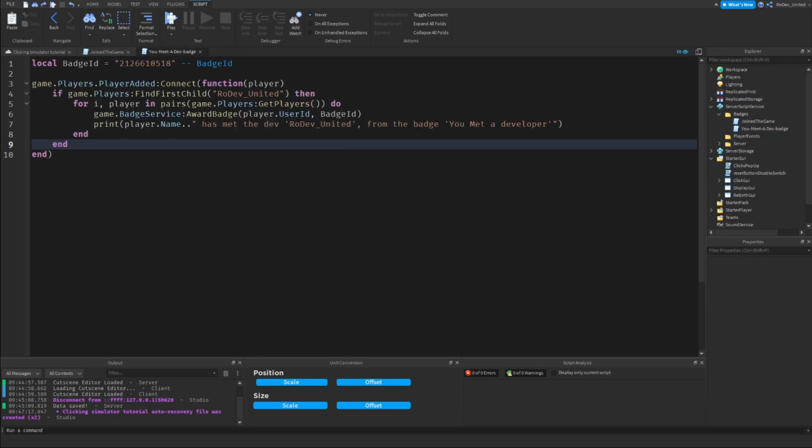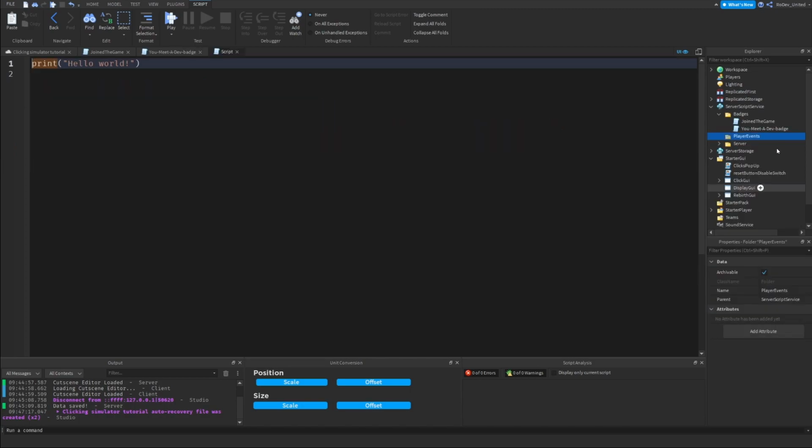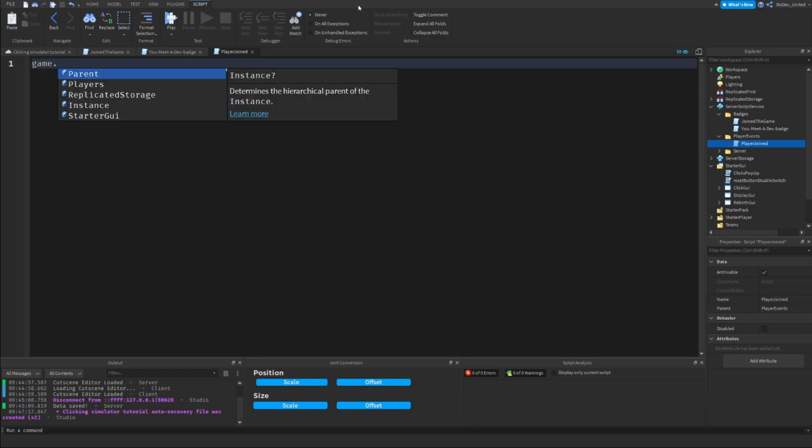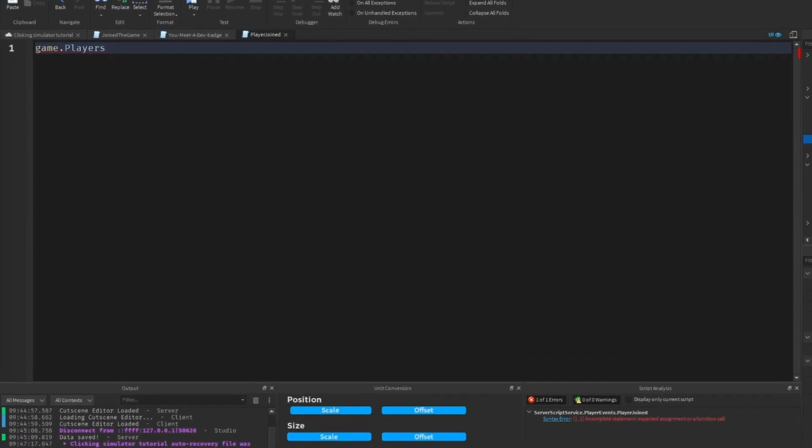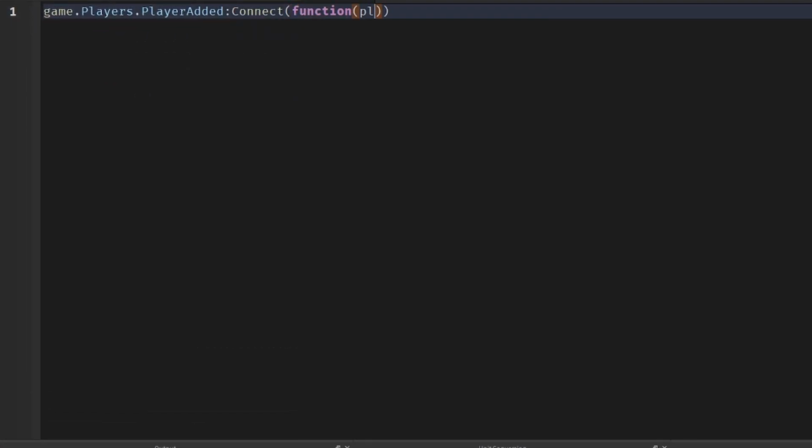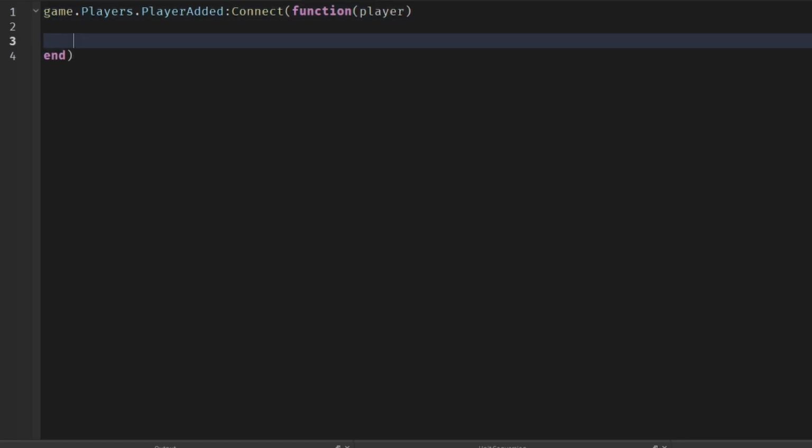Okay, so now we can do some player events. So inside of this, you can add a script and call it player joined. So this is kind of easy. We just wanna do a player added event and fire clients. So game.Players.PlayerAdded:Connect(function(player). By the way, it's a lot of player added events today. Anyways, we can do game.ReplicatedStorage.RemoteEvents.PlayerJoined